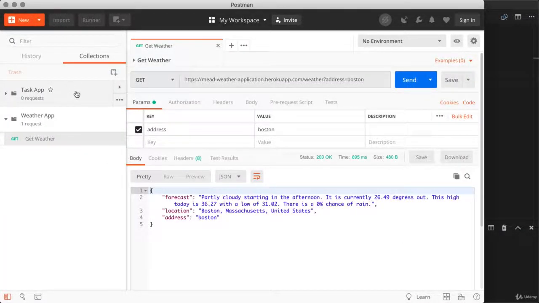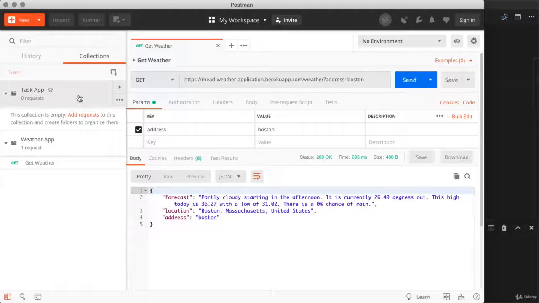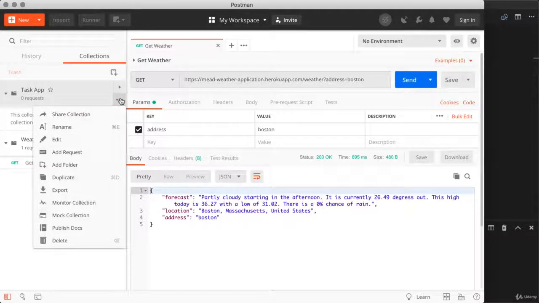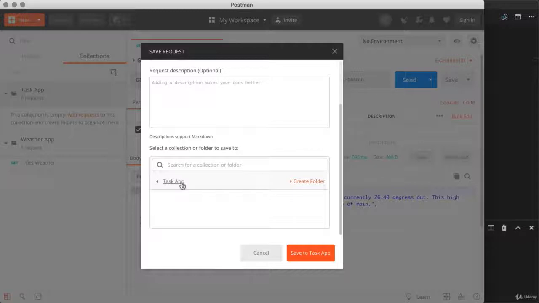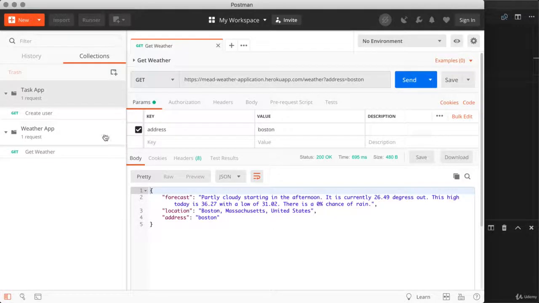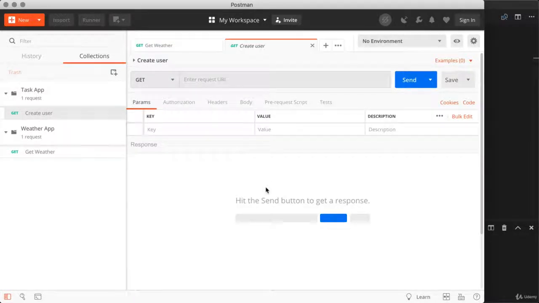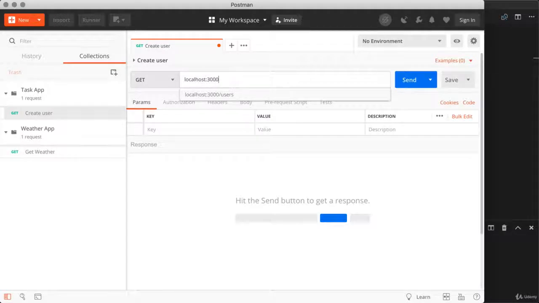From here, we're going to add our first request into the task app collection. I can click the little menu. I can then click create task or add request, and once we add the request, we'll be able to actually configure it. Right here, let's pick a name for this. I'll use something like create user, and down below, it's automatically selected the collection right here, task app, which is perfect. Next up, we'll save that brand new request. We will click it, which is going to crack it open in the Postman interface. Now, we're going to go ahead and configure the URL to what we just set up. That's localhost 3000, this is where our server lives,